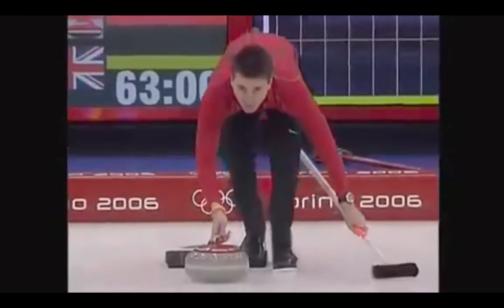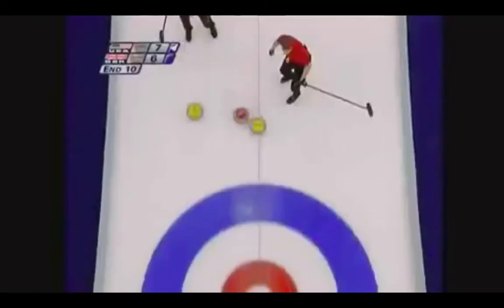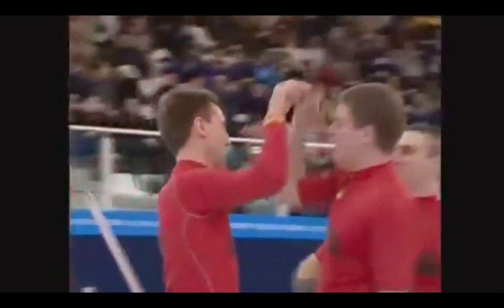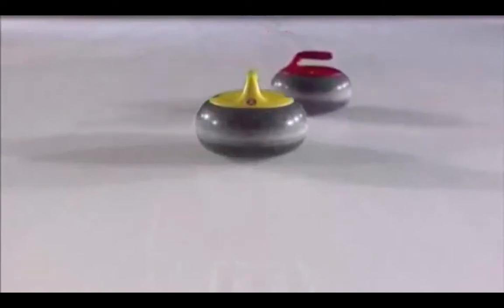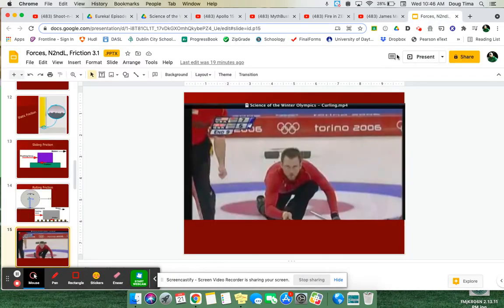Well, there you have it, the basic physics of curling. From the hack to the house, from the coefficient of friction to the transfer of kinetic energy, curling is a sport that attracts the crowds and delivers excitement with a bump. So if you take physics, we talk about that in a lot more detail, but we'll continue on here.